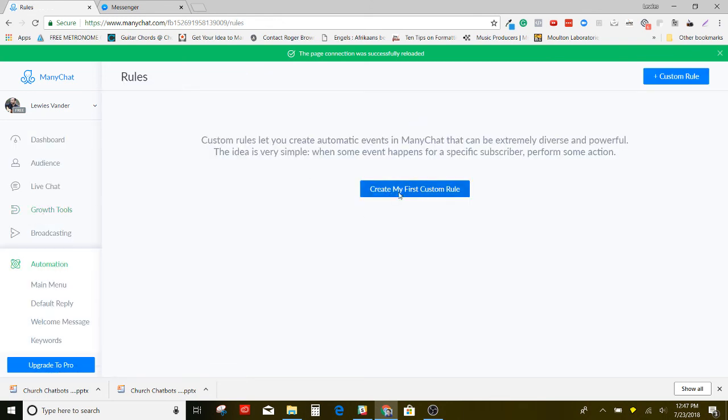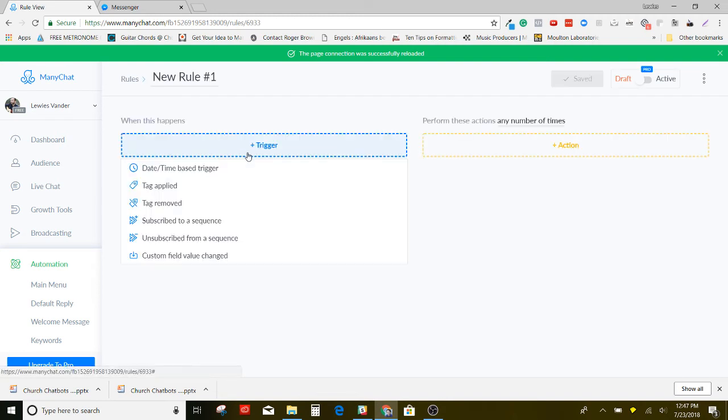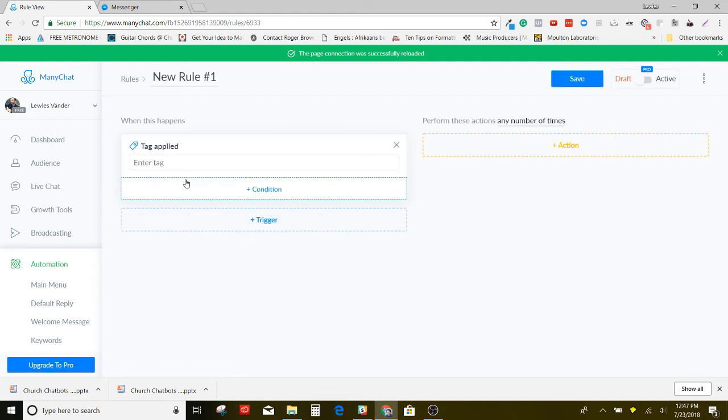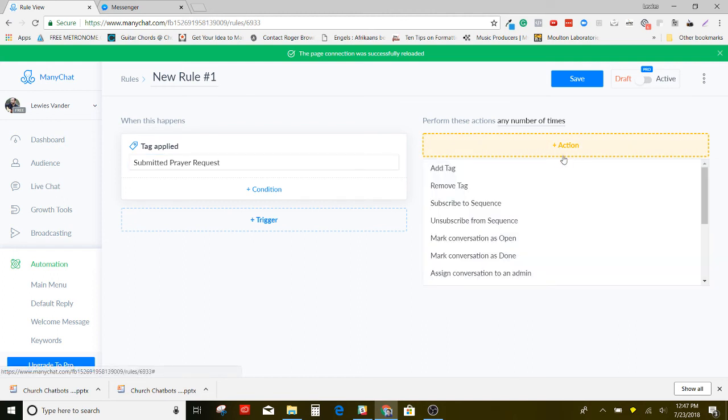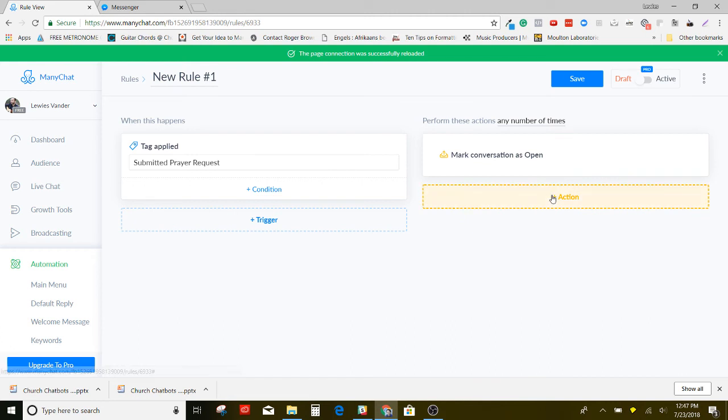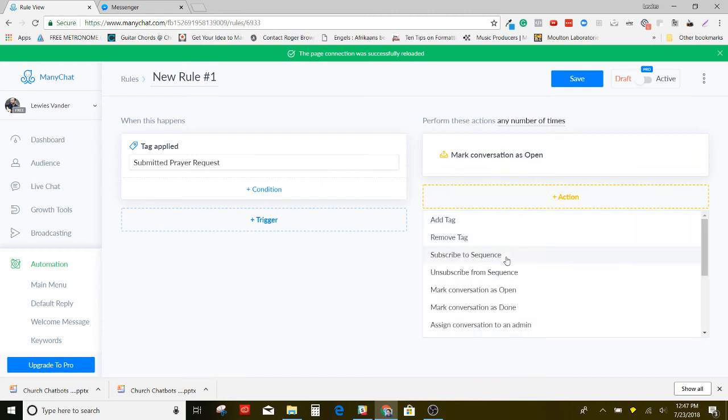So if someone is triggered, so if someone applies the tag, and let's look for the tag, submitted prayer request. What I want then to happen is this action. I want to mark the conversation as open. This is just an example. Or I can say no, and then I want to also